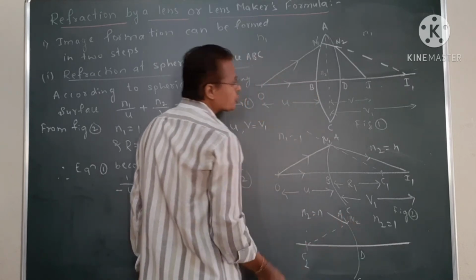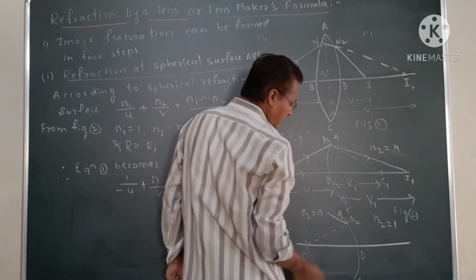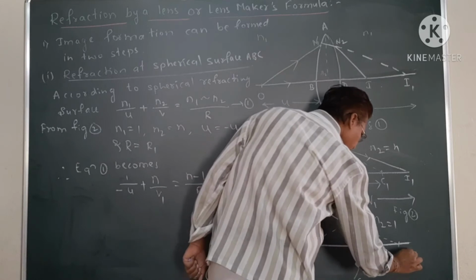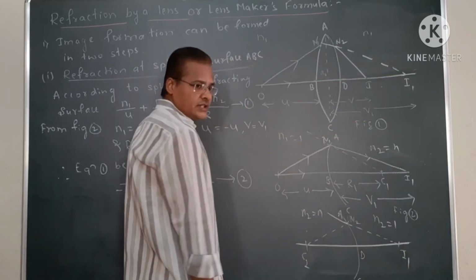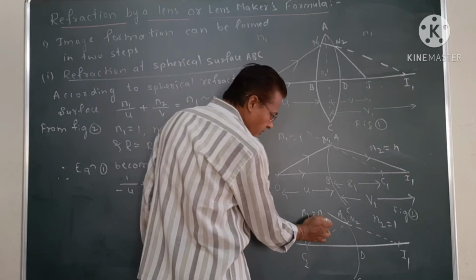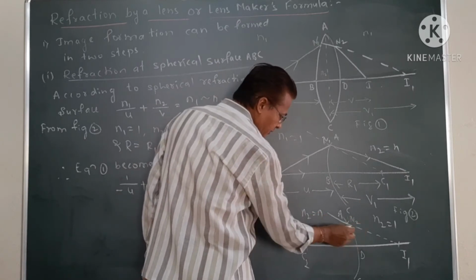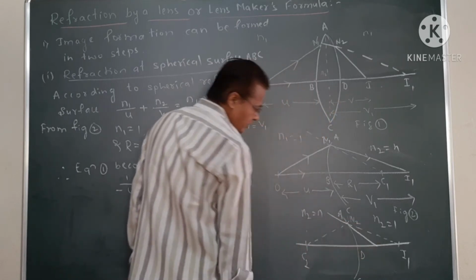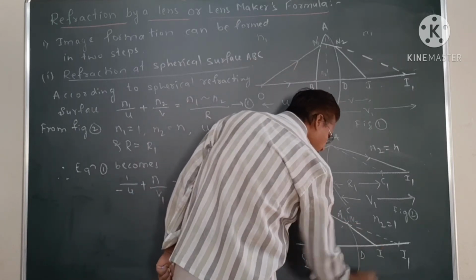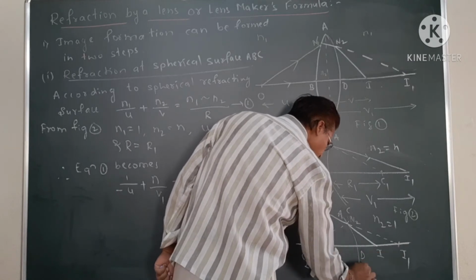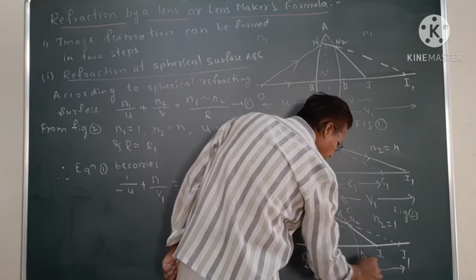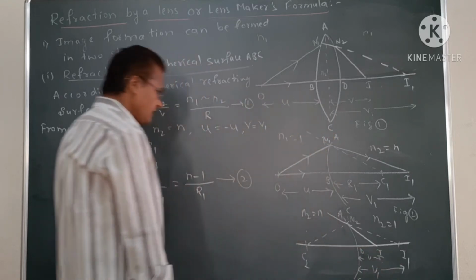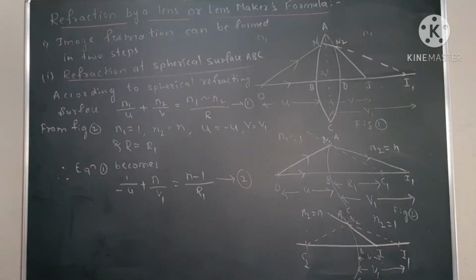So this is the virtual object. This acts like a virtual object. So this is what we are going to see, that I1 dash, that is the virtual object. When a ray travels from the denser medium to the rarer medium, the ray bends away from the normal, so that is I we are taking. From here to here, that is v1 we are going to see, and D to the I, that is v we can see. D to the I, that is the v we are going to see.